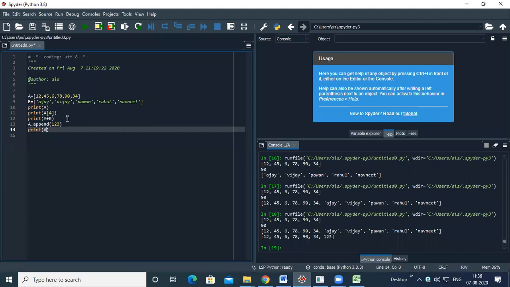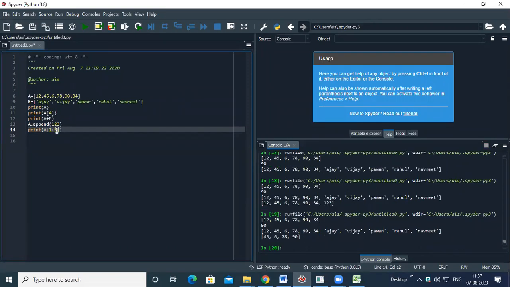Okay, so these are the few things that we had already discussed in our previous class. And yesterday I told you one more thing, that is to delete an element from a list. Before this, just see one thing. If you want to print elements from a particular range, then you can give index number 1 to 5. So 1 to 5 means from index number 1 to index number 4.